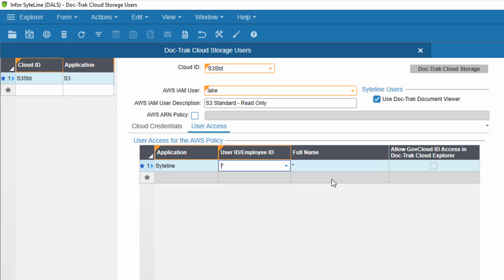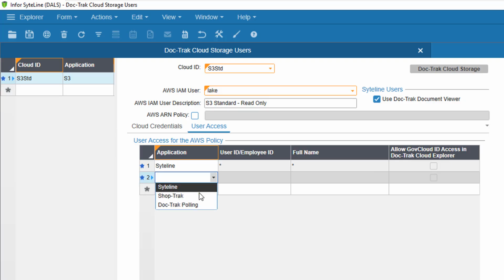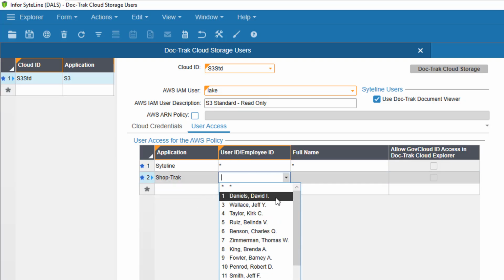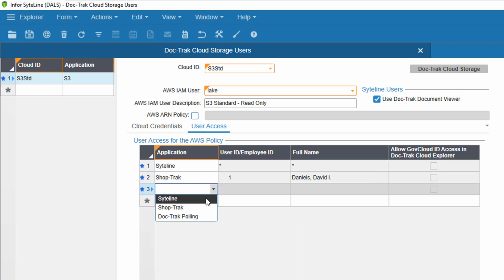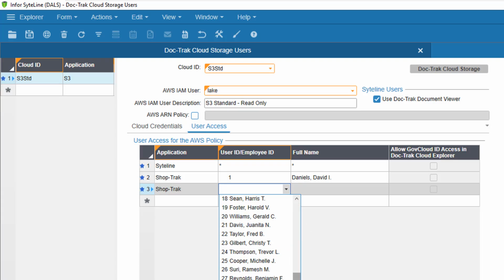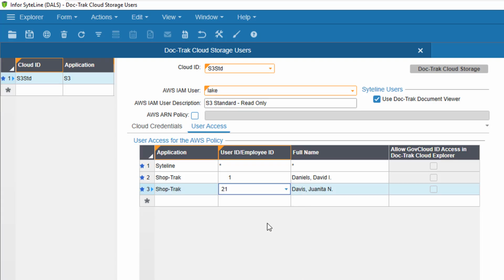Next, I'll set up access for a couple of ShopTrack users. We'll do it first for David Daniels and then Juanita Davis. Okay, that'll do for the Lake IAM user, so I'll save it.